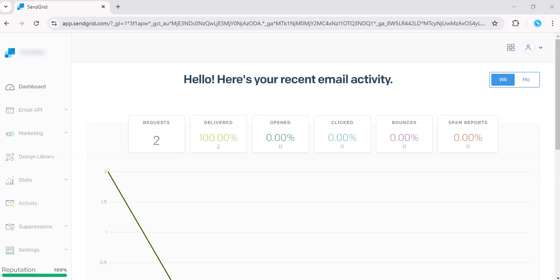Hey there. In this video, I'll show you how to add an HTML button that acts like a link to